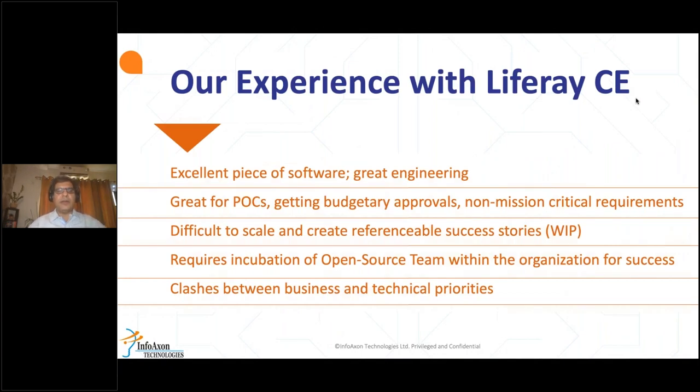So now, quickly coming back to the topic we are discussing today, which is our understanding of Liferay CE project versus DXP as a platform. Our experience has been that Liferay Community Edition is an excellent piece of software. There's some great engineering which has gone into this project, and you would see some really good capabilities coming out very quickly year on year with this software. But